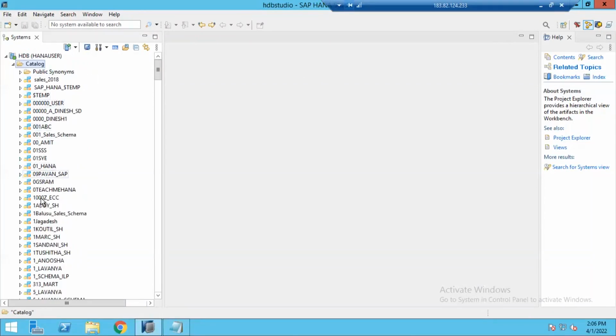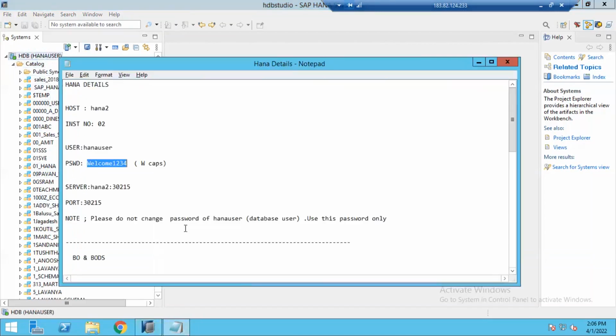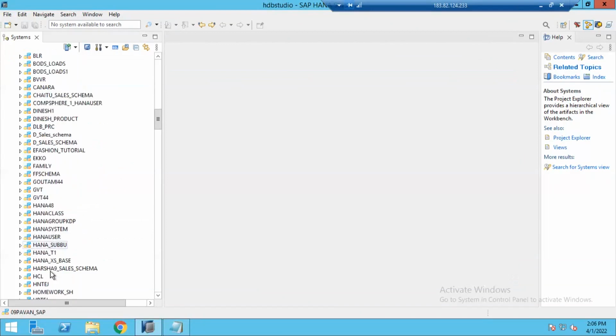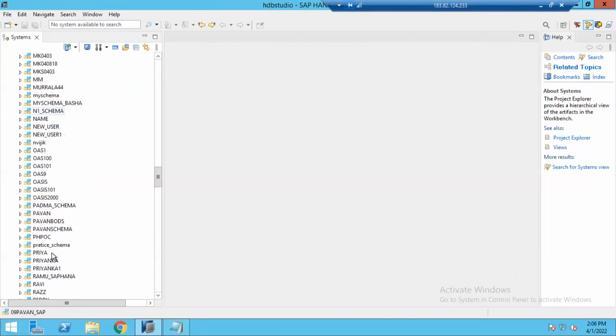Okay, what are these schemas? For each user who has access to this database, there will be one user ID associated with it. So what is our user ID? Our user ID is HANA user. For each user in the HANA database, he has his own schema.